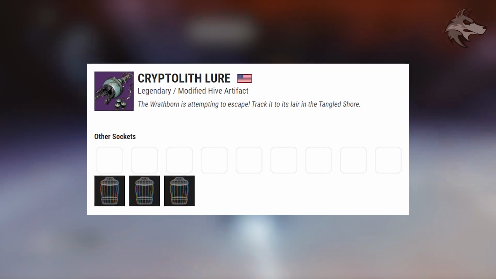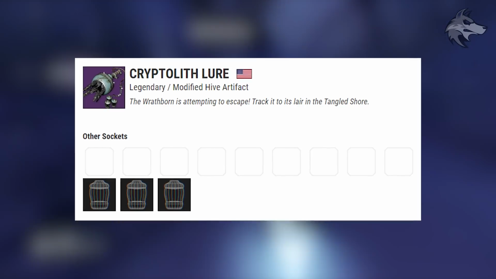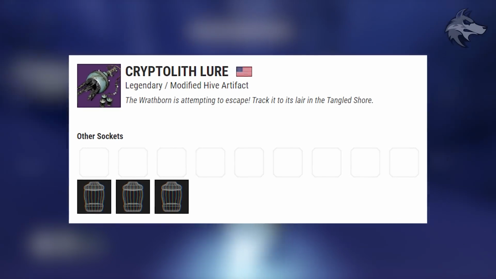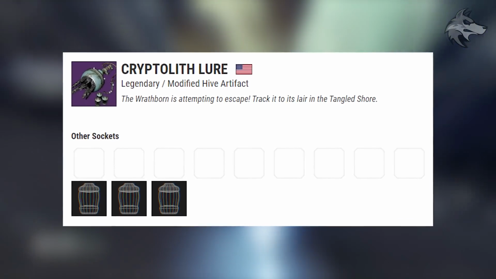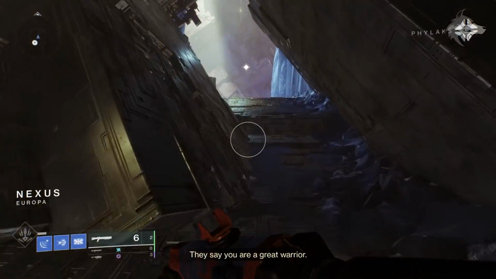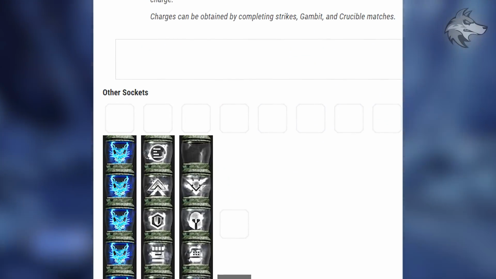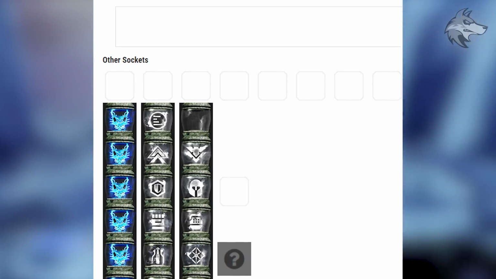So we can see, looking at it in the database, that you can configure the law to enable a Wrathborn hunt, and each hunt will consume a law charge, and then charges can be obtained by completing Strikes, Gambit, and Crucible matches. So it's going to be one of those where we're earning part of the currency for it through various playlist activities. But the law is filled with different sockets, so the intrinsic sockets that it will have